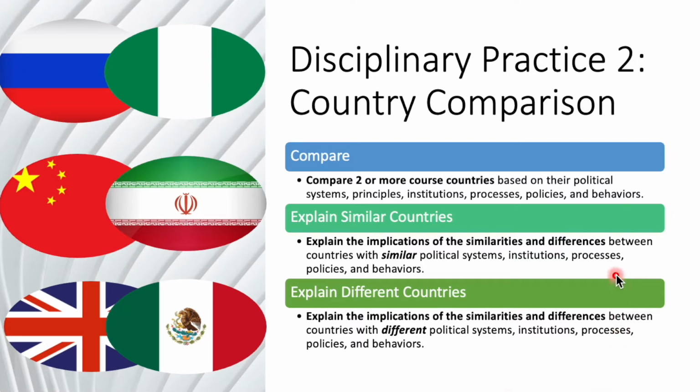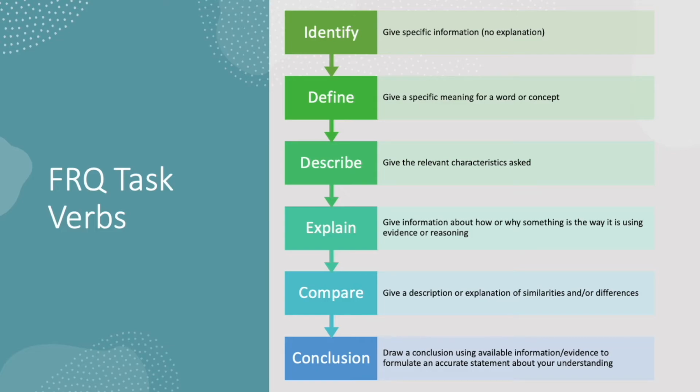You'll see it in free response questions and also in multiple choice questions. But today we're going to look a little bit more at those free response questions, also called FRQs, which are basically open questions on the AP exam. They are prompts telling you what to do, and each of these prompts has a task verb. Now remember, a verb is an action word. So these task verbs in an FRQ are telling you what action is expected of you as you answer the questions. These are the task verbs that are used in most FRQs in AP Comparative Government and Politics.